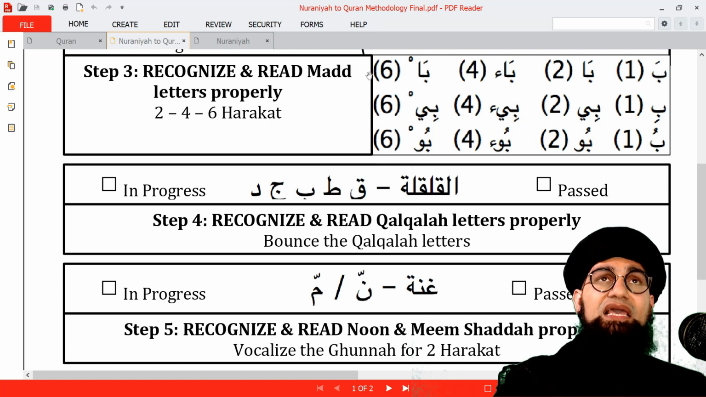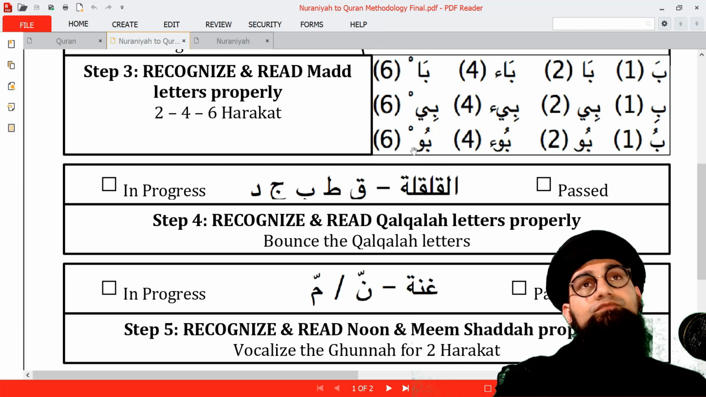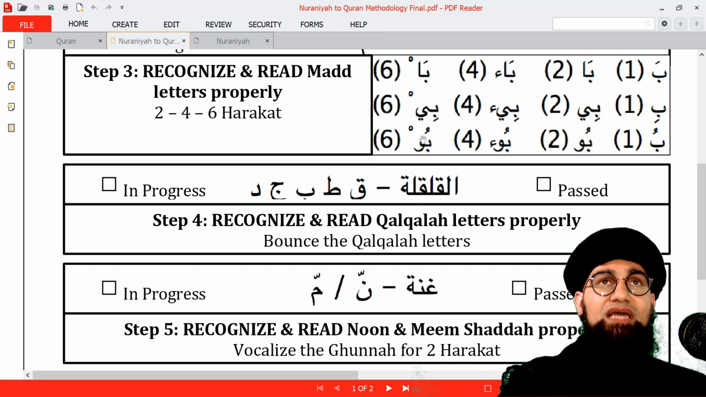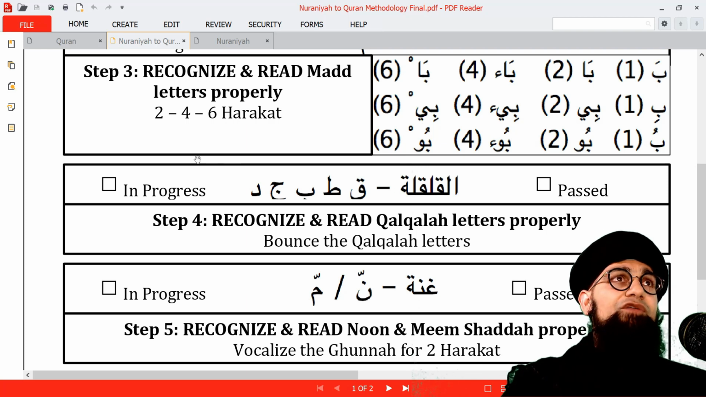The 6 harakat rarely appears in the Qur'an. But when it does, it appears because of the sukoon. After the mad letters alif, ya and waw appears a sukoon. Now if I show you quickly,